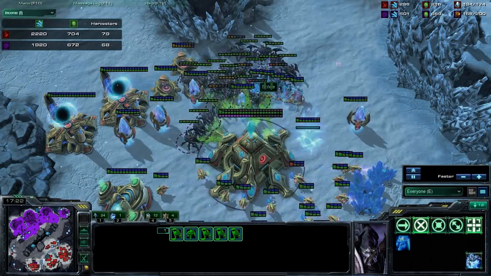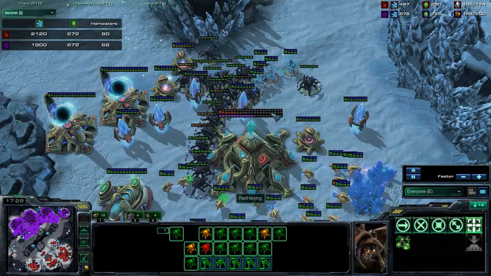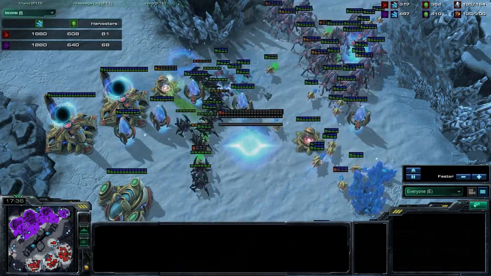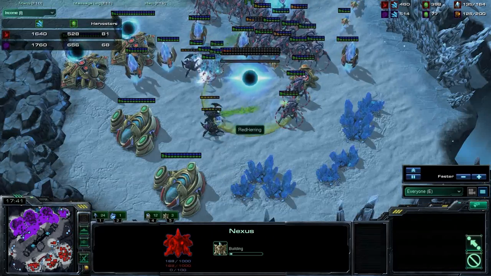Warping in so many Dark Templar here, and this is the perfect response, because he doesn't have an Overseer, and he's so far away from his main base. Oh, he's actually targeting down the cannons, very nice. But there's no way for him to spot these Dark Templar, and they will just clean it up. But not before he snipes the